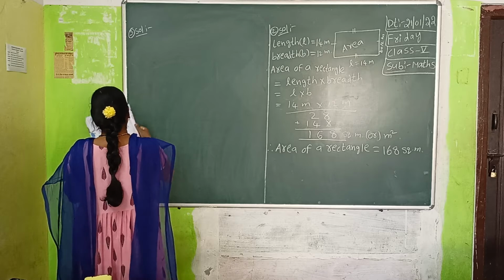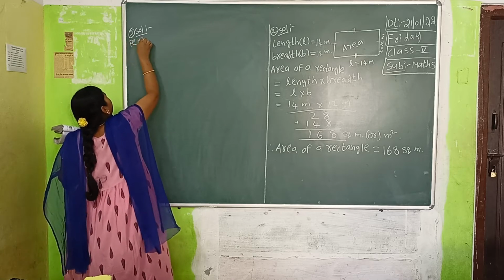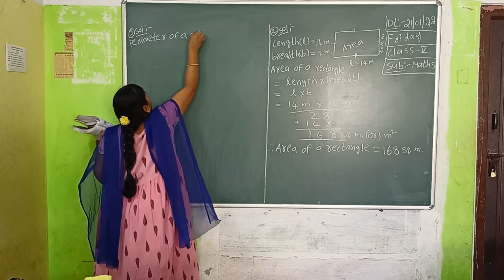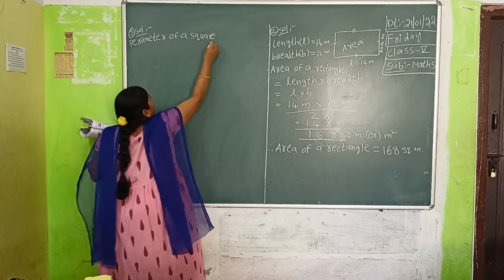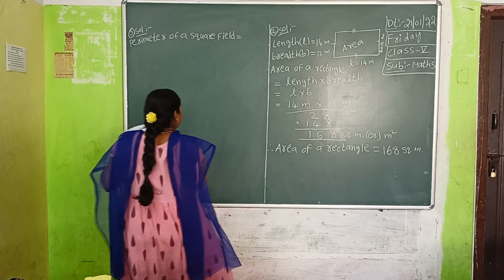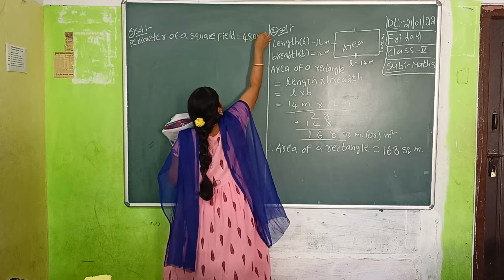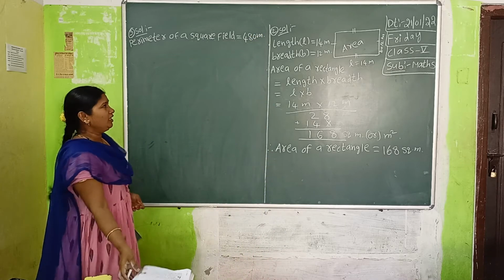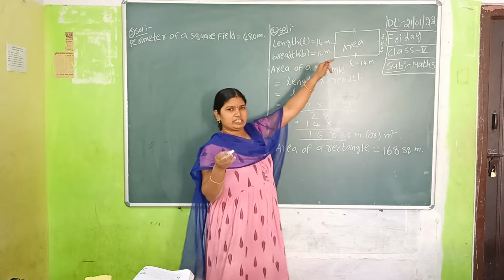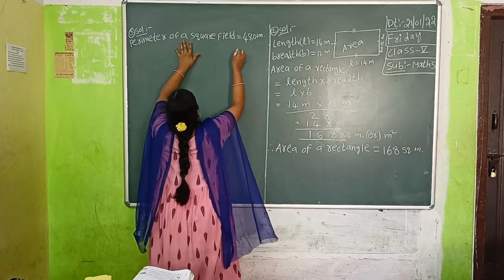Perimeter of a square field equals 480 meters. First of all, do you know what we mean by perimeter? Area means the inside space of the given figure. Perimeter is nothing but